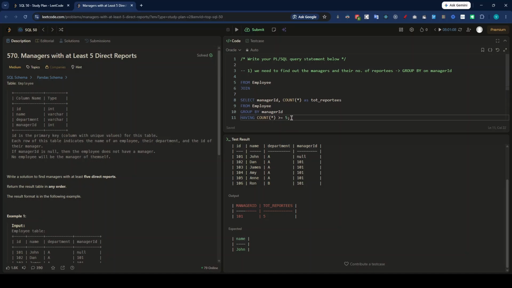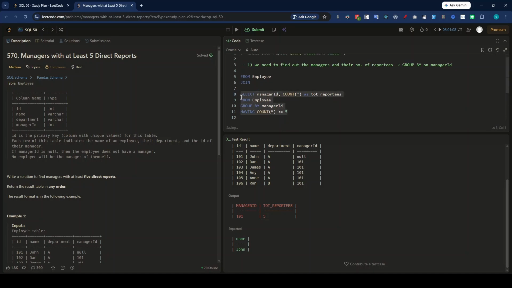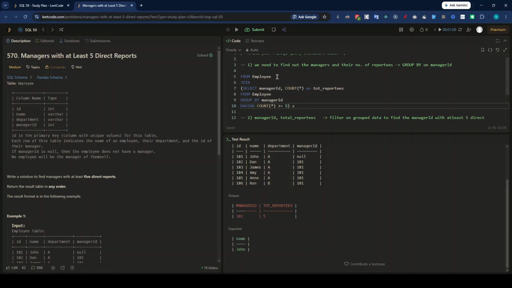Yesterday, in the previous problem, we saw how we can use subqueries and joins. Similar logic I'll be using. I've kept this whole query inside a subquery, and then I'm joining it like this. The employee table will have alias E and this subquery alias will be S. I'm joining both tables on E dot employee